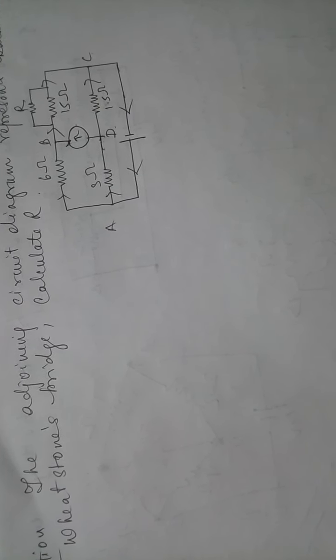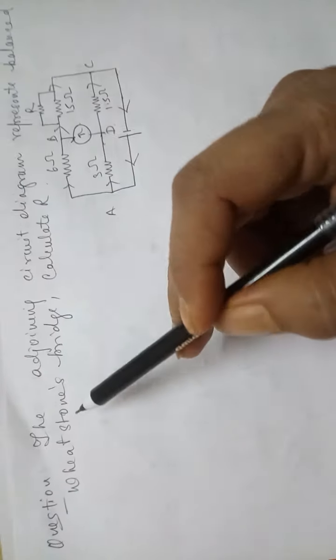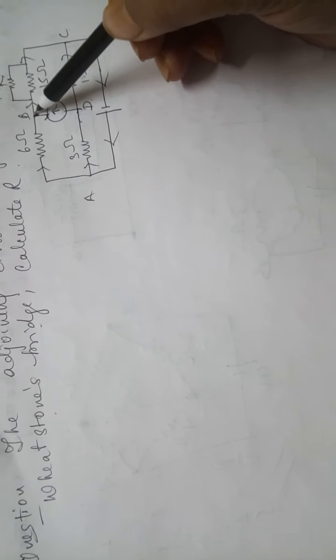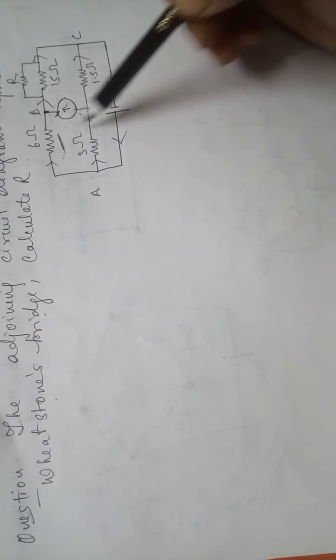This is another circuit based on the Wheatstone bridge. Since it is based on the Wheatstone bridge, let's see the conditions here and how to do it. The question is already specified. If it is a Wheatstone bridge, the potential of this point and this point becomes equal, so no current is flowing through this. So we have the general formula. This circuit will be taken as P, this is Q, this is R and this is S.